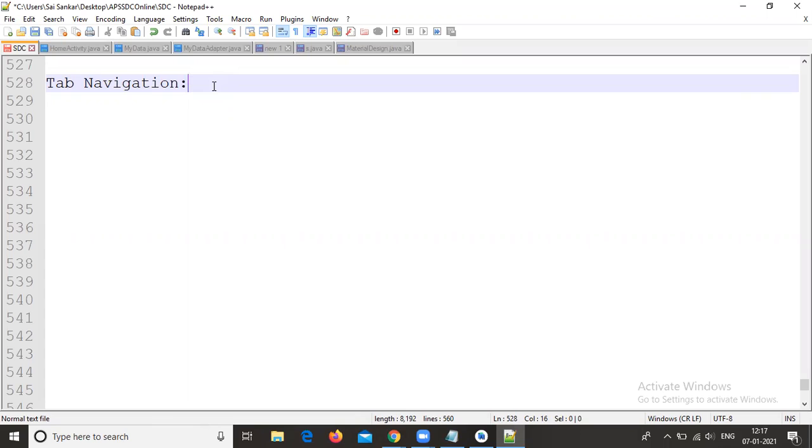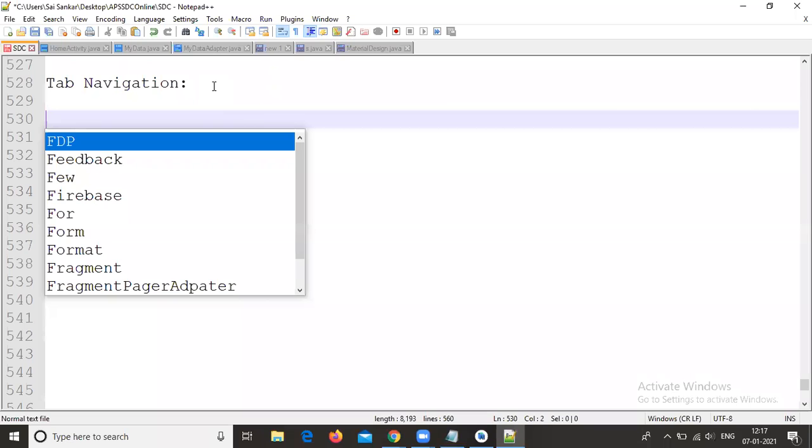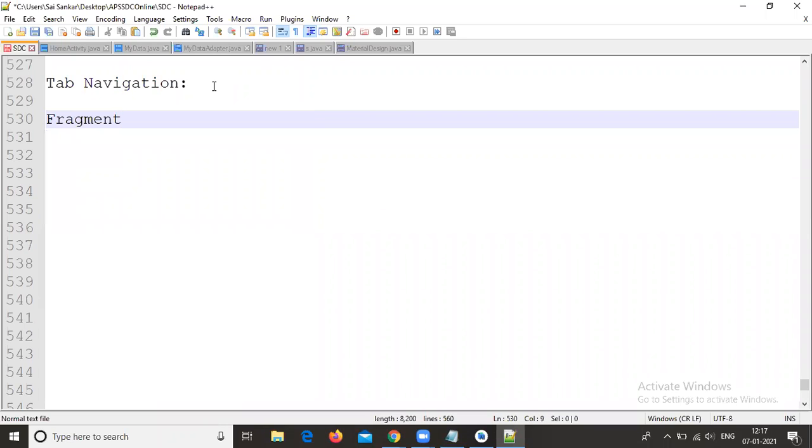Before jumping into today's session, we need to discuss a few topics like fragments. First of all, what is a fragment, and why do we need to use fragments in this particular concept? Because if you are using fragments, it is lightweight on your project compared to activities.